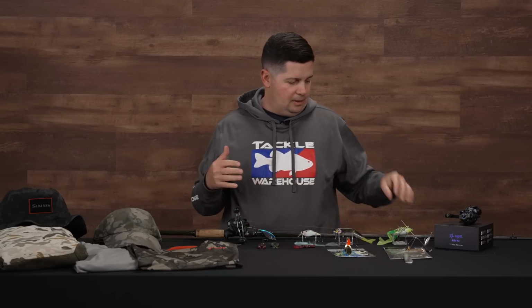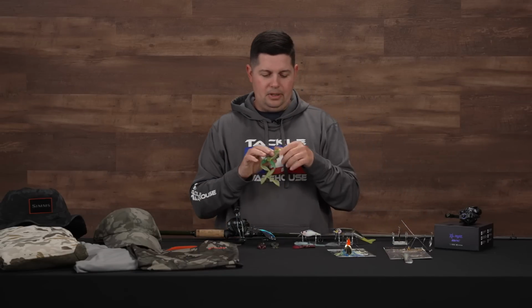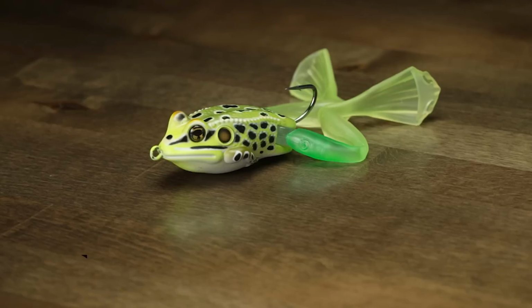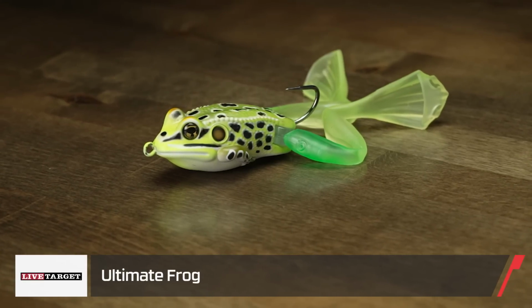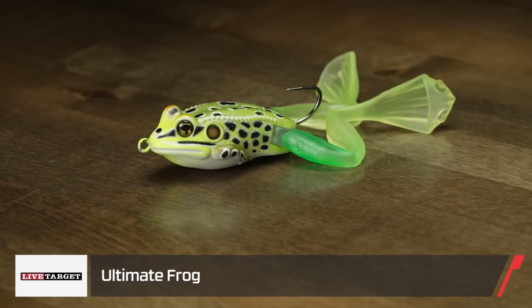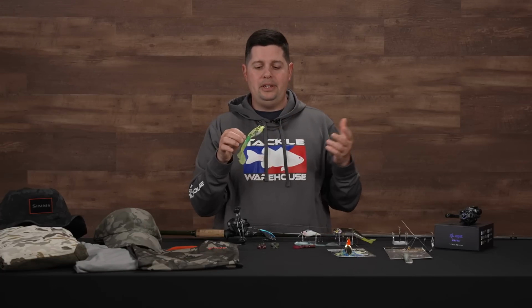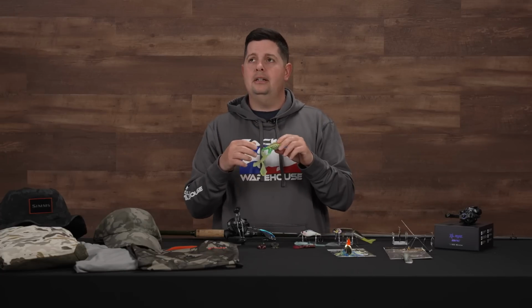All right, now let's get into some frogs here. So summertime, one of the best times of the year to start frog fishing. This is from Livetarget. We've been waiting for this thing since ICAST. This is their new Livetarget Ultimate Frog. Really cool design. If you go down the frog page, you look at all the different hollow bodies out there,